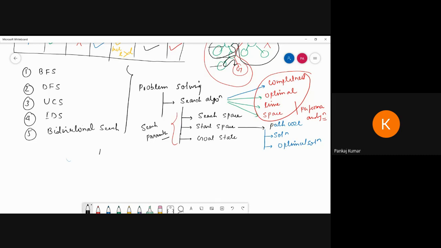So we are talking about the agent, that means the rational agent. What is the meaning of rational agent? It always tries to find the optimal result. That's why we call it a rational agent. It does not give a guarantee that we can find the optimal result in all situations, but we always try to find the optimal result, based upon the given conditions.